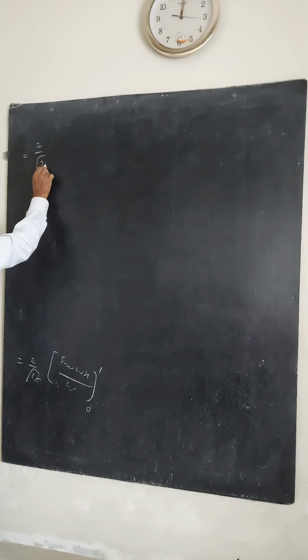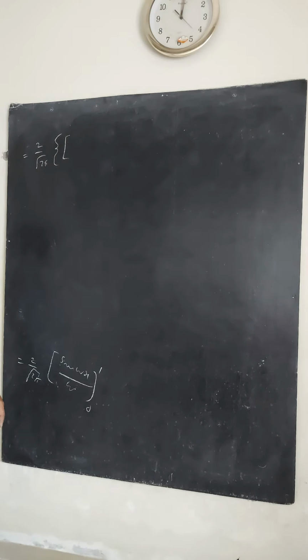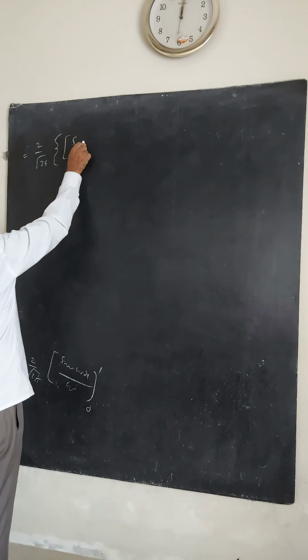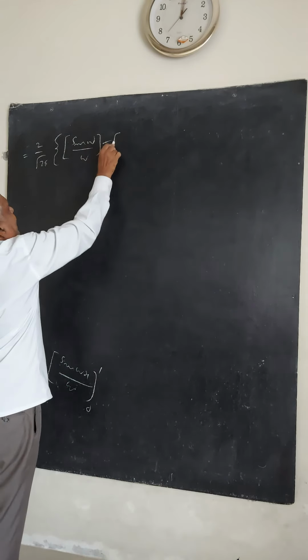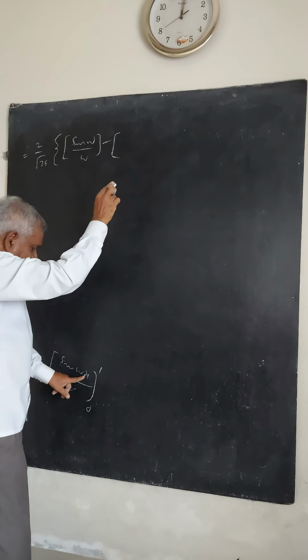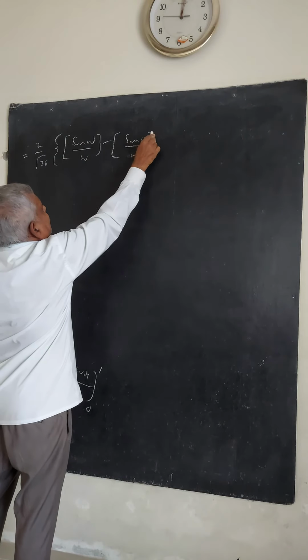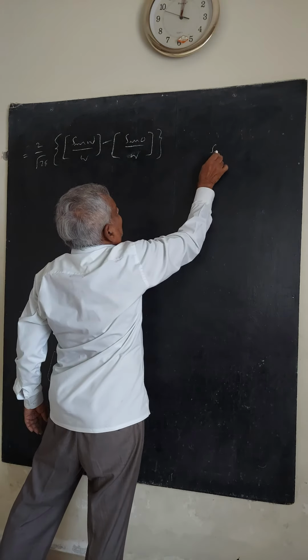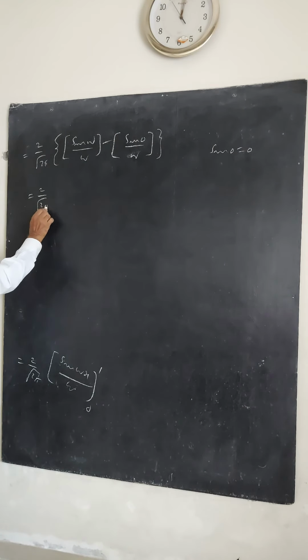2 by root of 2 pi, give flower bracket, put upper limit 1. We have integrated with respect to x only, therefore we have to put 1 for x only: sin omega x by omega, that is sin omega by omega, minus sin of lower limit 0, sin 0 by omega. Sin 0 is 0, therefore it goes out. Therefore, 2 by root of 2 pi sin omega by omega, which is g omega.